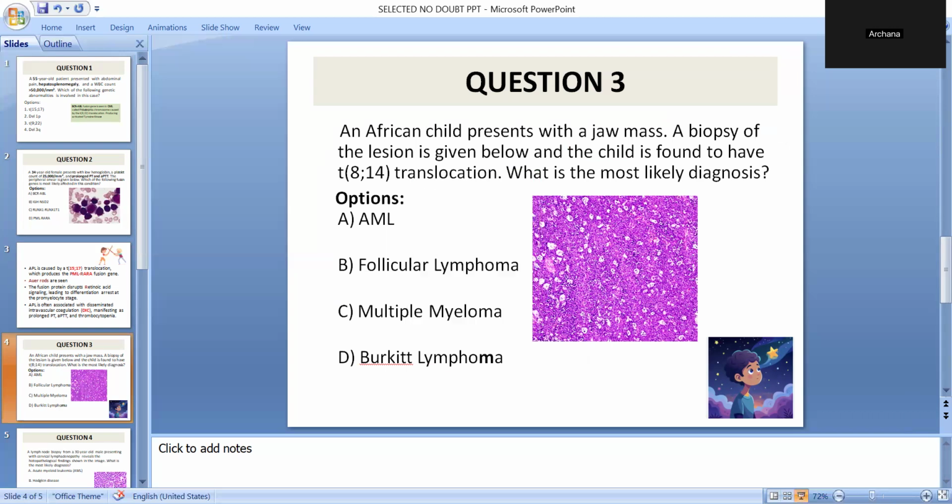Now, before I move on to question number 3, I just want to tell a couple of things. IGH-NSD2 is usually seen in multiple myeloma. BCR-ABL, as we have revised already, is seen in chronic myeloid leukemia. RUNX1-T1 is seen in AML, but let us remember very clearly that there is no bleeding tendency.